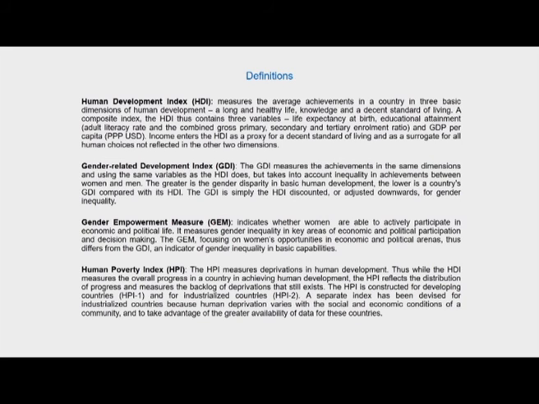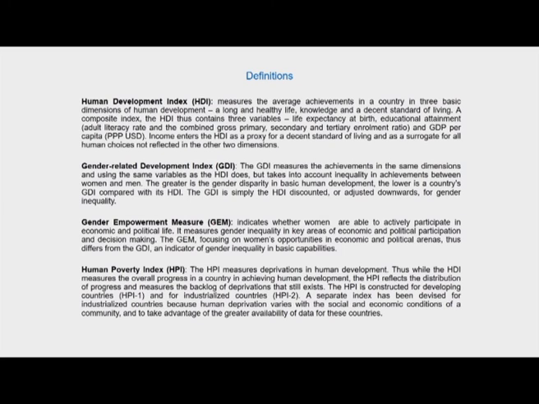So it was important to calculate GEM along with GDI, because GDI is a more passive index in that sense, because it just tells us what the levels of achievement among women are vis-a-vis that of their male counterparts. But the GEM tells us whether women are more actively involved in their economic and political life, because that leads to expansion of opportunities for women in different economic and political arenas.